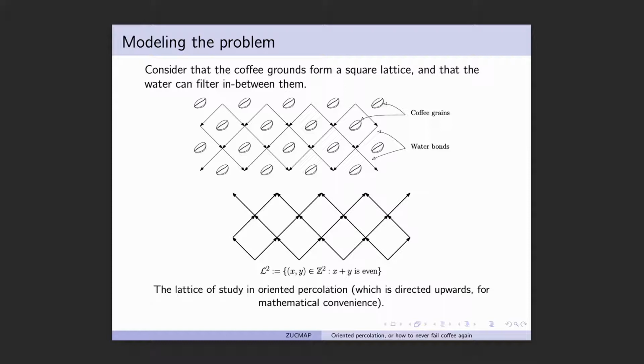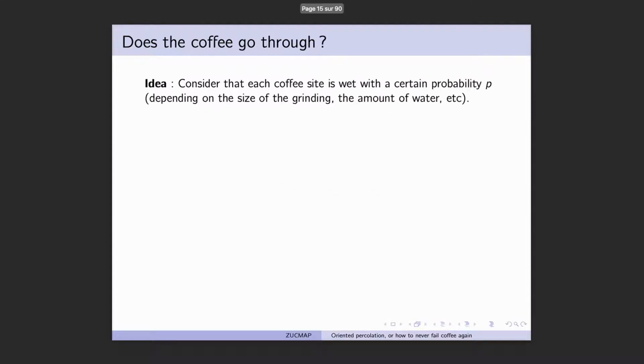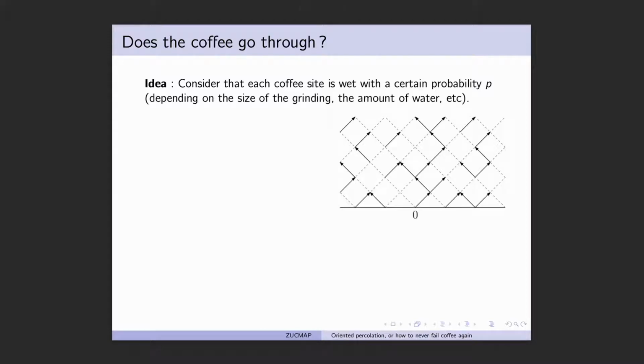And then we have this second kind of assumption where probabilities come in, which is, well, we consider that the water can kind of go through in between the coffee grounds with a certain probability. So if you have maybe some coffee grounds that are wet, then it has more probability of reaching the others, and so on. And that will amount to, well, starting from the graph we had on the previous slide, maybe it starts from being the empty graph, and we add edges, like here, with a certain probability, to construct this sort of random graph, which would be a subset of this rotated version of Z2 we were considering.